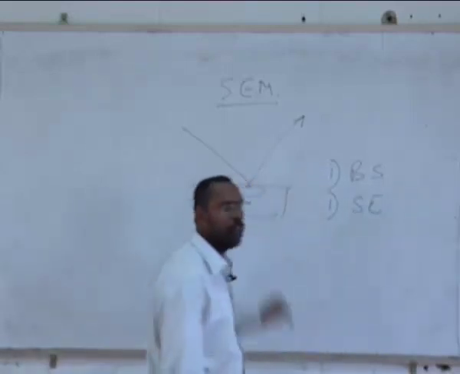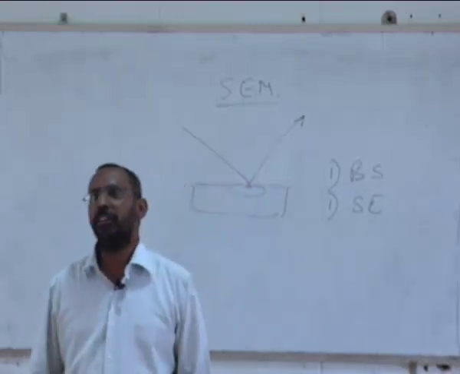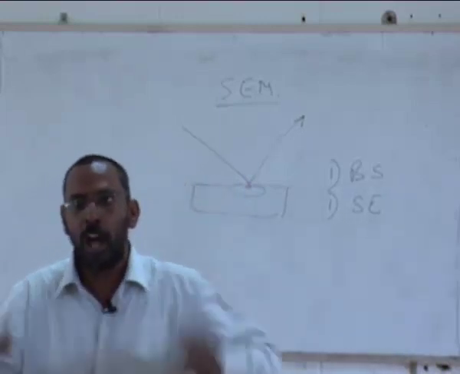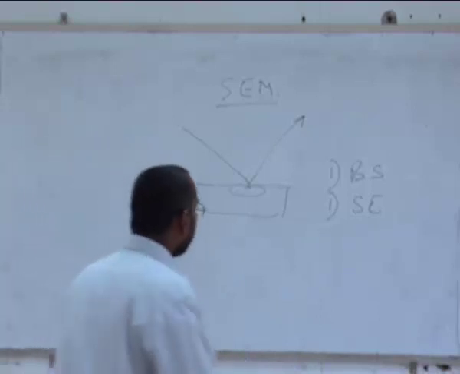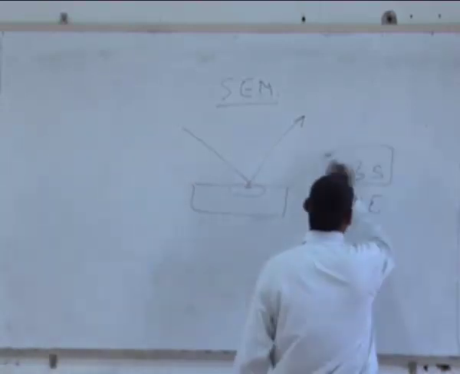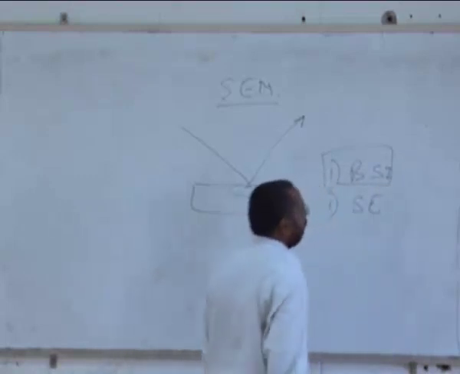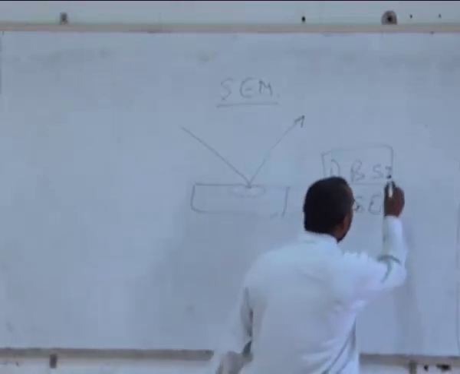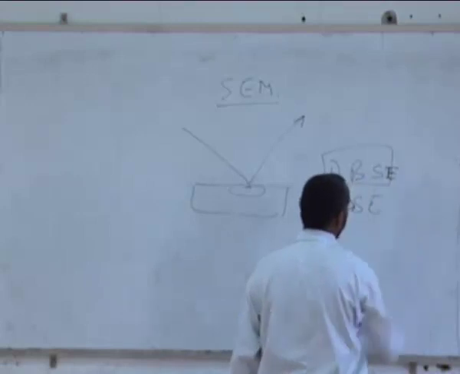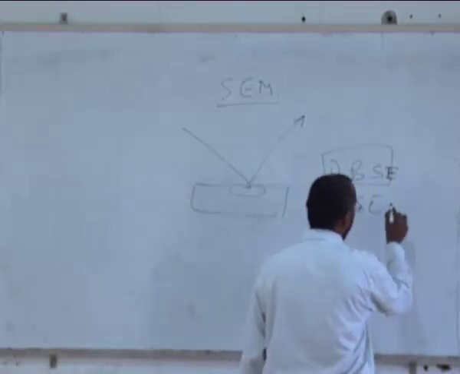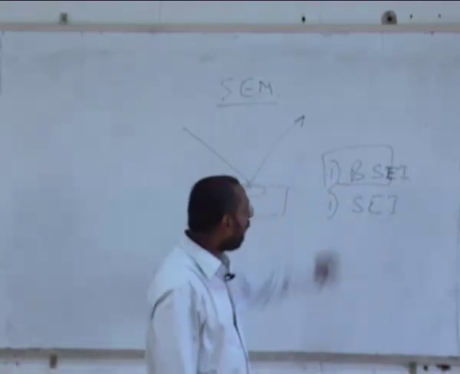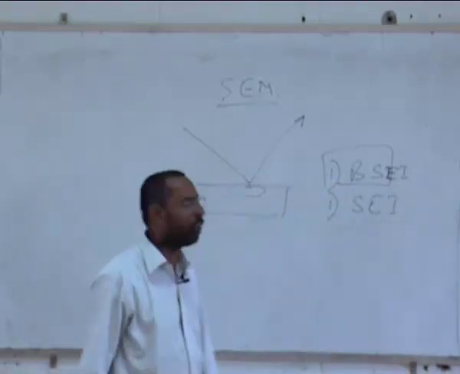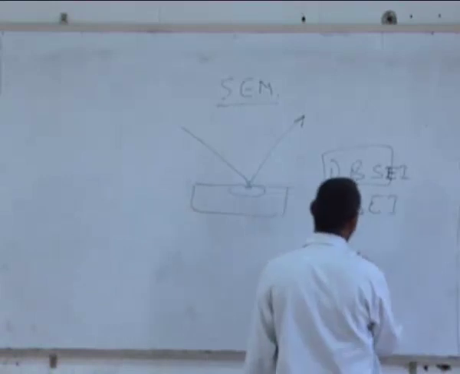Secondary electrons are coming from a deeper distance after having lost some energy by scattering with the electrons inside the sample. And as a result, we have the backscattered electron image, BSE image, or the secondary electron image. People say SEI, BSEI. So the backscattered image is usually used for what is called a Z contrast.